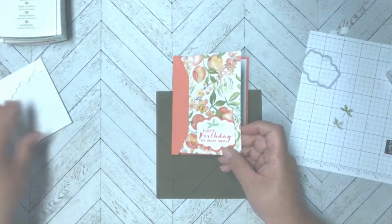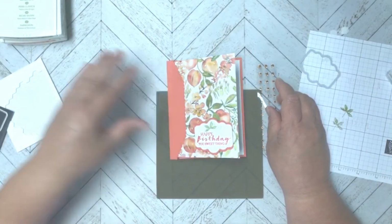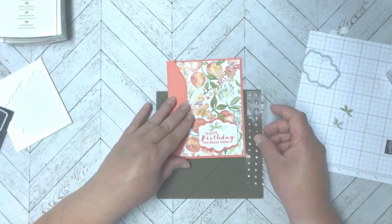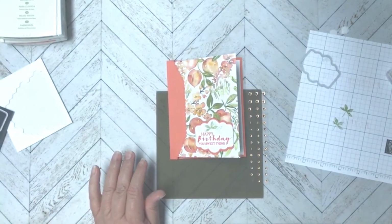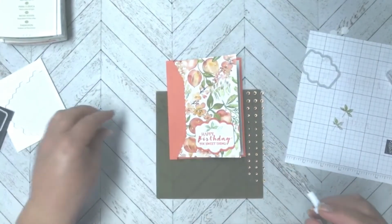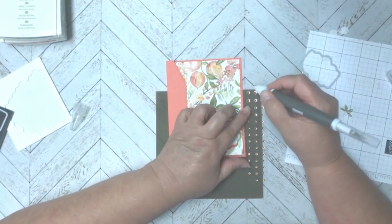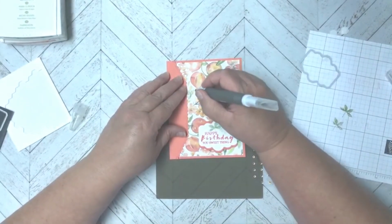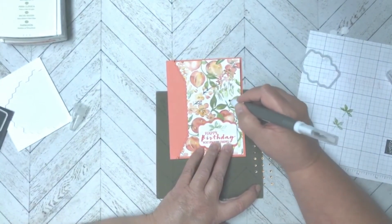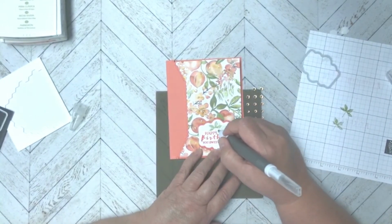Now, of course, we need some bling, and I decided this time to use, I've been using the Artistry Blooms sequins, but I decided I'm going to use the Champagne Rhinestone for something different this week. And so I'm going to go ahead and get my Take Your Pick tool, and let's go ahead and get some, oops, not that side. Let's get some, I'm going to take one of these big ones and just put them randomly on the front of this card. And I'll take a small one over here and another small one, and I think I'll put that